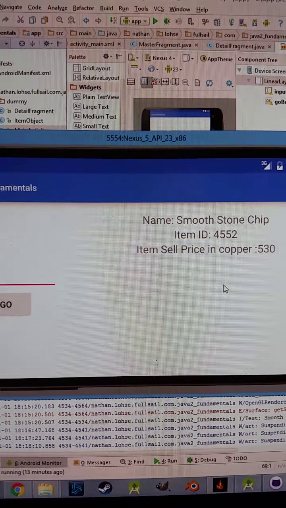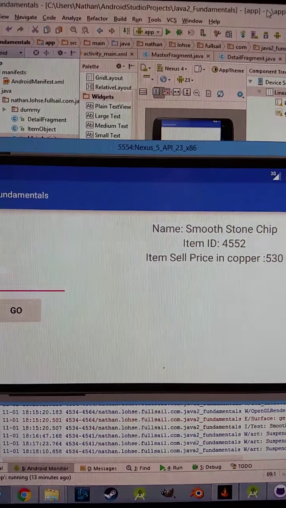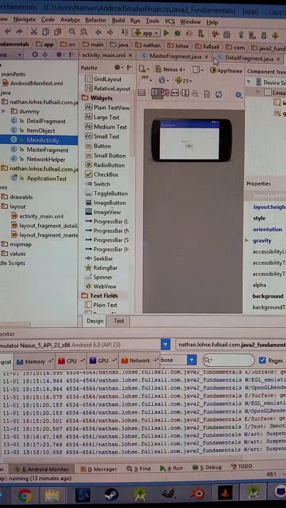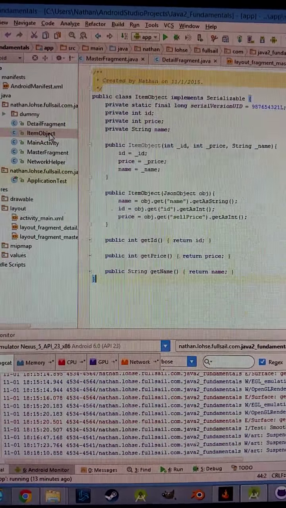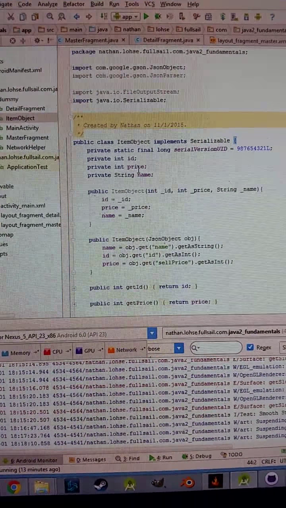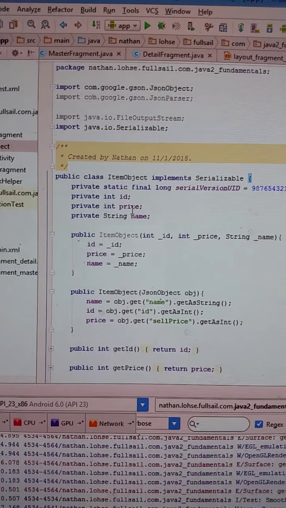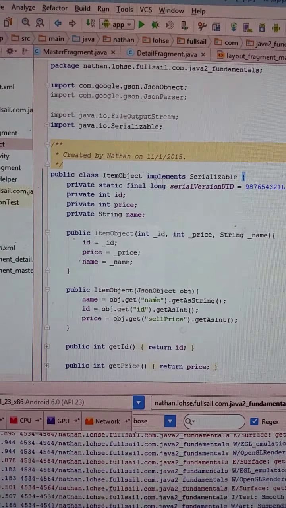So for structure and efficiency, we did use a number of detailed and specific classes. You can see my item objects here store the information based on the API calls to allow for offline access. You can see it is serializable here, so we are able to write this to the disk with our output